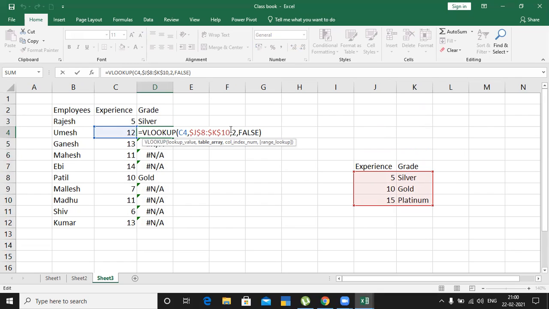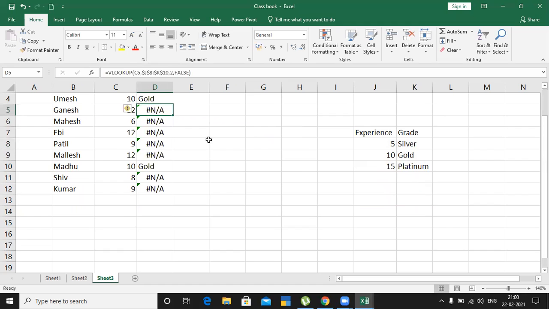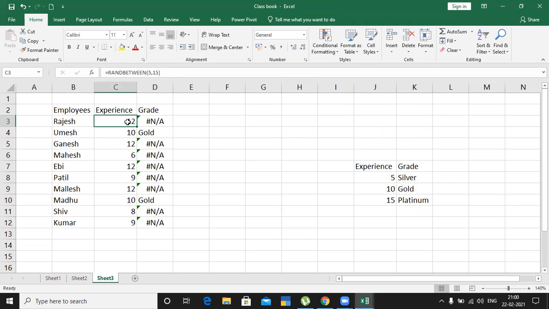But I did not mention the value for everything. Here I have taken 5 years experience, 10 years experience, 15 years experience, but in between I have not taken any. There is no grade value for 9. If there is 9 years of experience, I have not allocated any grade for them.